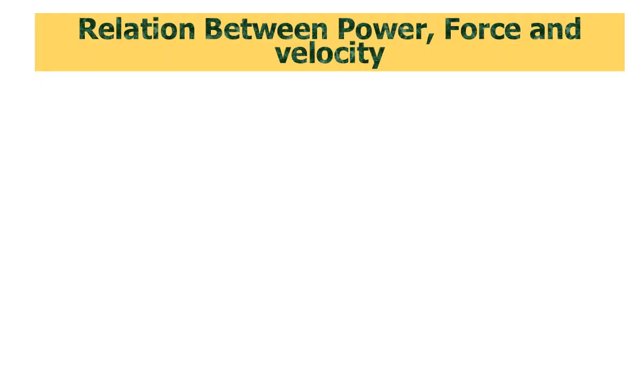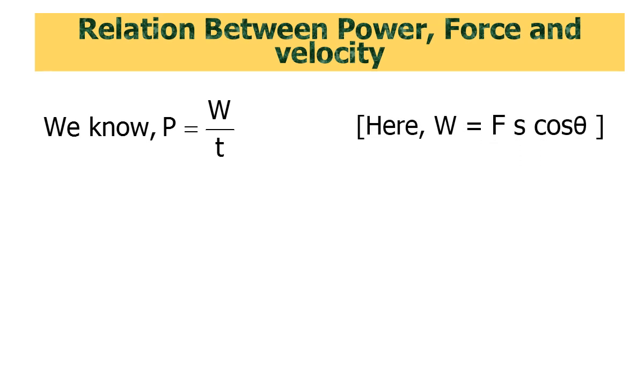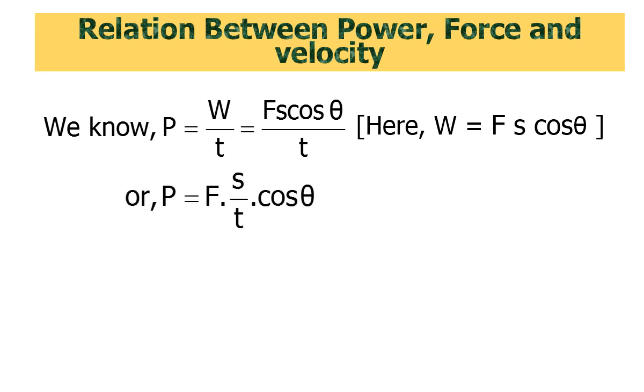Now the relation between power, force and velocity. We know the formula of power, P equals W by T. Here W is work and T is time. If we put the formula of work, Fs cos theta, in the equation, then we can write P equals Fs cos theta by T. And if we separate S by T from the equation, then we can write F into S by T into